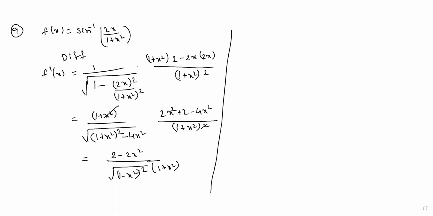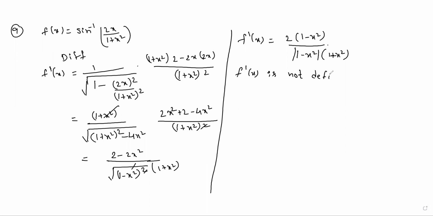But by removing modulus, it is a square root, it can be either plus or minus, that's why we are taking the modulus value here. Now f dash of x is equal to, take 2 common in the numerator, the remaining 1 minus x square, by removing the root can be either plus or minus, that's why I'm taking modulus, into what remains here? 1 plus x square. Where is this f dash of x not defined?